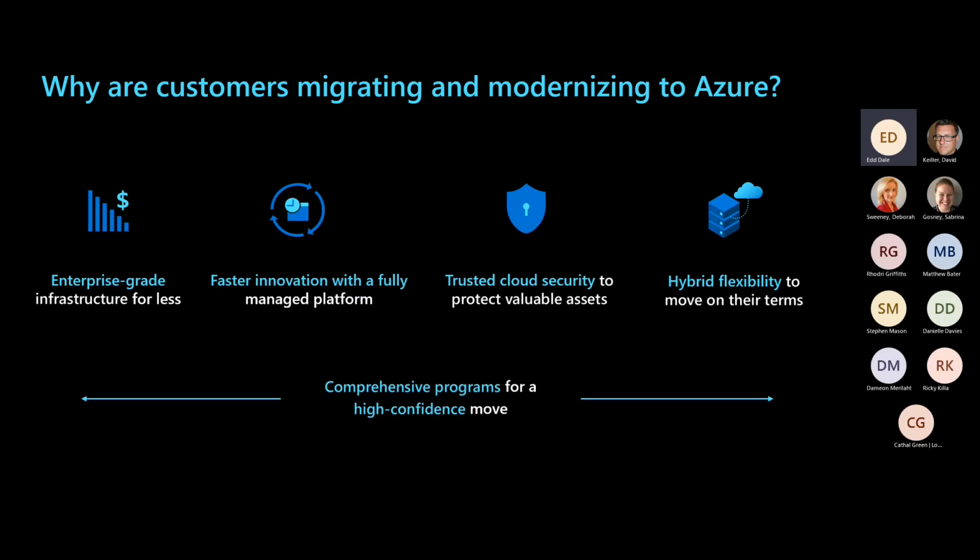The fact that Azure can offer enterprise grade infrastructure for far less. Now, obviously, we're talking about CapEx versus OpEx. The fact that we mentioned right at the beginning that Azure is a model where it's all a consumption basis, where you pay for what you use. You don't necessarily need to have a huge amount of upfront capital to start or grow an organization. So being able to get your hands on that enterprise grade infrastructure for far less than what it could potentially cost buying physical tin is going to be a huge advantage.